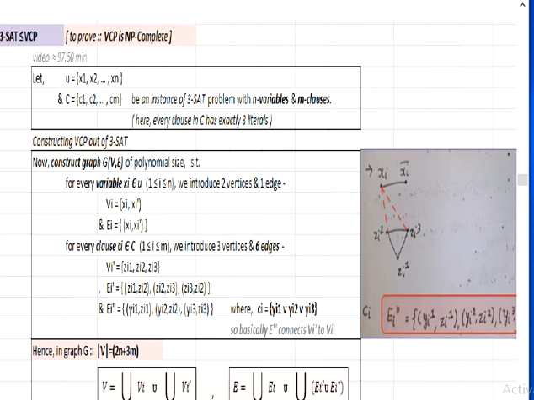Hello viewers, in this video I would like to discuss, as I told in the last video, that Vertex Cover is NP-complete. We have seen in the last example that the Vertex Cover problem is in class NP, and this will confirm the NP-completeness of the Vertex Cover problem. It means we can polynomially reduce 3-SAT to the Vertex Cover problem, and for the proof of this NP-completeness we see